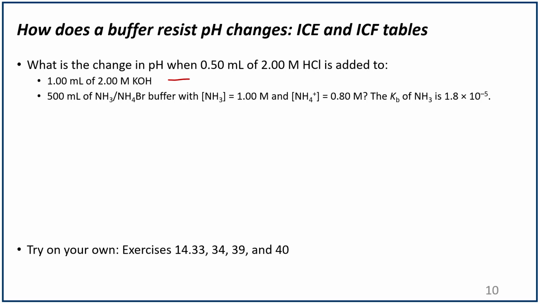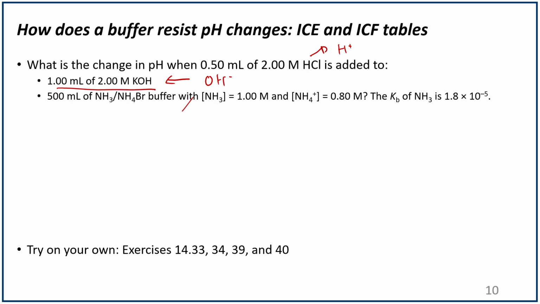So for the first case, you have 1 mL of 2 molar KOH. What we see here is that the hydroxide from KOH should react with H plus, with a proton from HCl. So again, they will not form a buffer. This is not a buffer. But let's figure out how the pH changes. But first, initially,